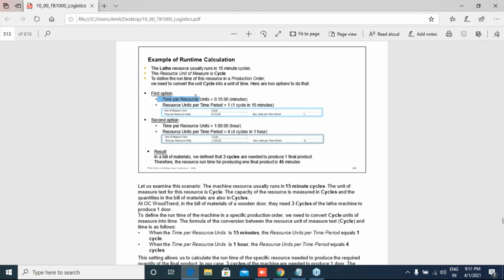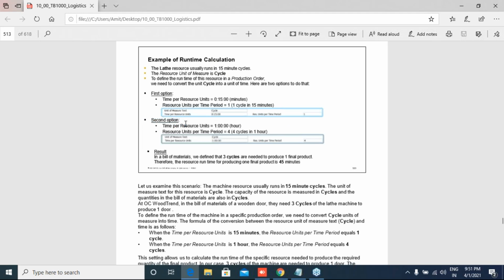First option: time per resource unit is equal to 15 minutes, and resource unit per time period is equal to 1 cycle in 15 minutes.